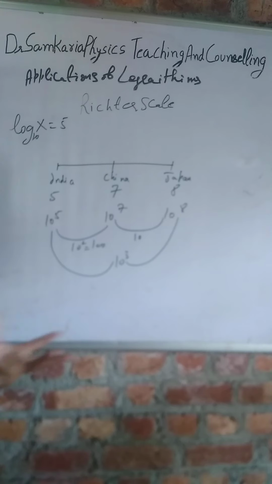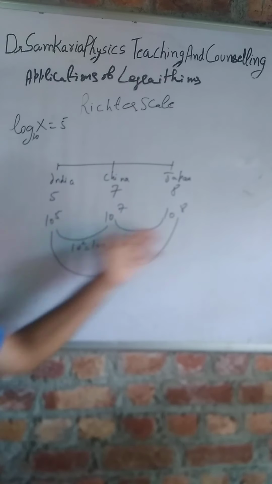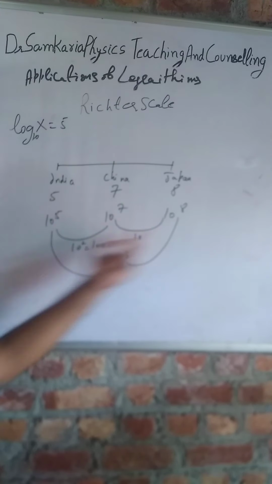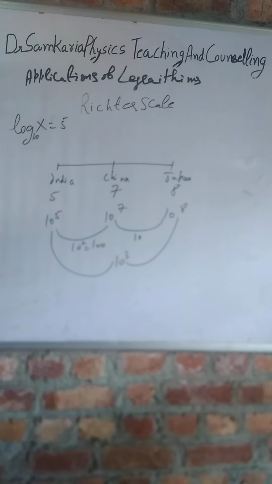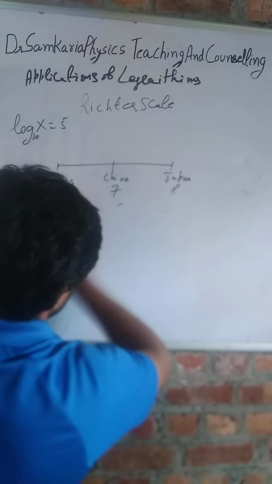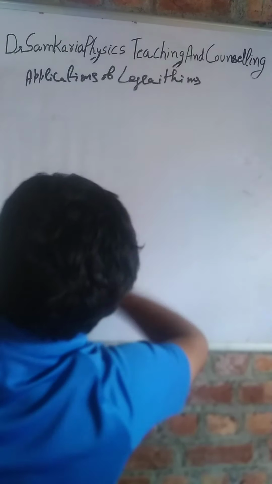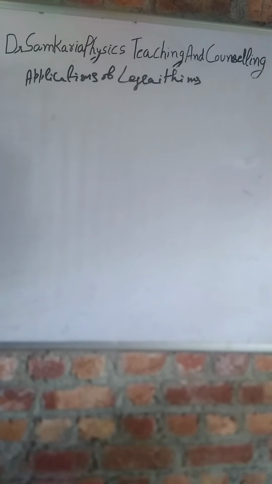And why do we use the logarithmic scale on the Richter scale? Because we have large numbers. The force in an earthquake is a very large force, so to measure that large force, you have to express it in logarithmic terms. So this is one application that you all must be aware of, how logarithmic scales are used in the Richter scale. So student, I think that you are getting familiar with the application of these logarithmic functions.